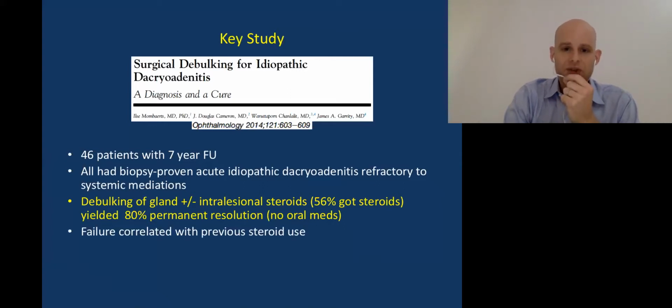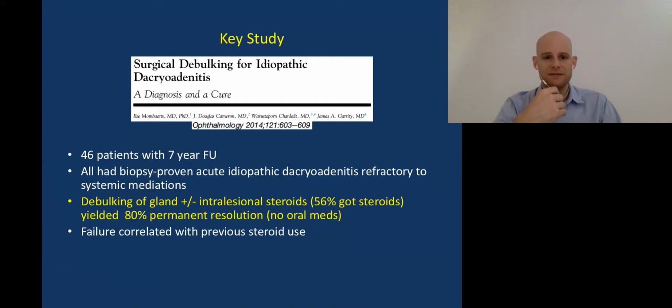Failure, so the 20% that failed, was correlated with a previous use of steroids. And that's another reason why I prefer not to give steroids if a patient has failed naproxen. So if a patient fails naproxen, I tend not to want to give steroids if I can do a biopsy, because if I then subsequently need to do a biopsy and inject steroids, there's a greater chance that they will